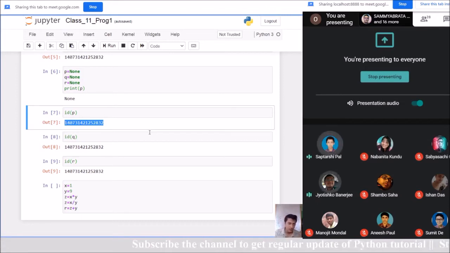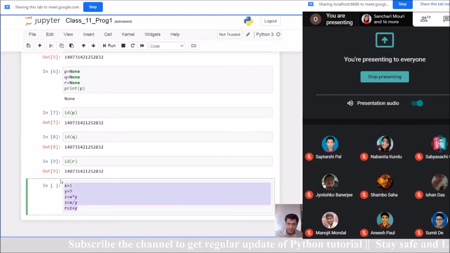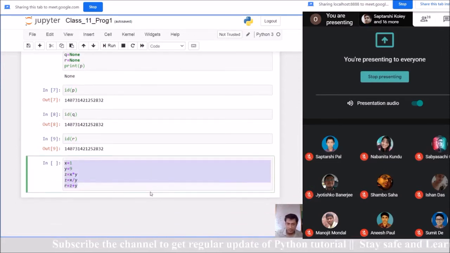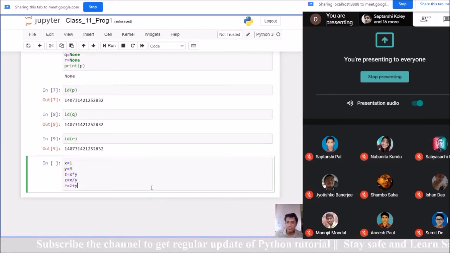So the concept is clear, sir, but what is the use of assigning None? That I said just now, with this example. Should I give a simple example? Any real life example? So, if we do this, then there will be a lesser possibility of getting an error. That is it. Yes, there is a possibility of getting an error if you don't apply that in that way.